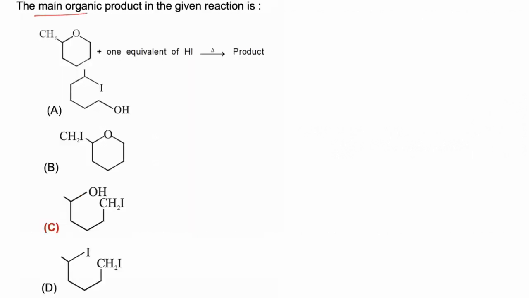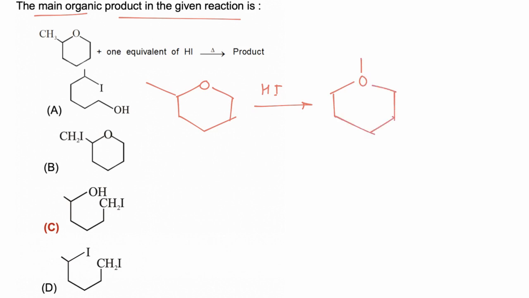In this reaction we have to find the main organic product of the reaction. In this case a cyclic ether is taken as the reactant. Now this ether, on reacting with HI, gets protonated first to form an oxonium ion. Now I negative will act as a nucleophile and the reaction takes place via SN2 mechanism. So I negative will prefer to attack the carbon which is less crowded. So this I negative will attack this carbon.